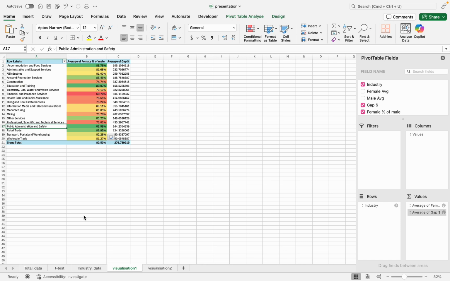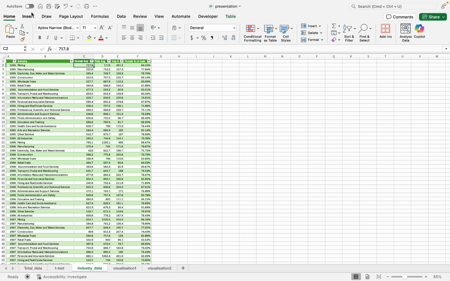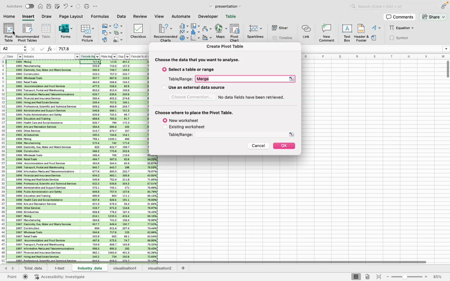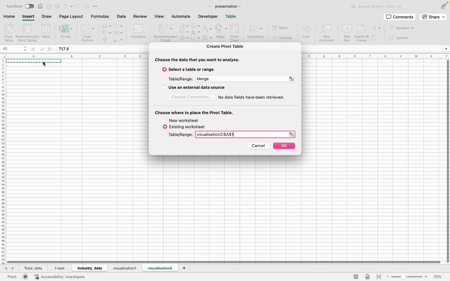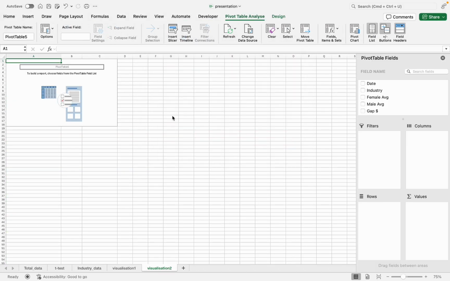For the overall pay gap between women and men, we can make a line chart here. Let's do it. Let's insert another pivot table here, and this is the table range.